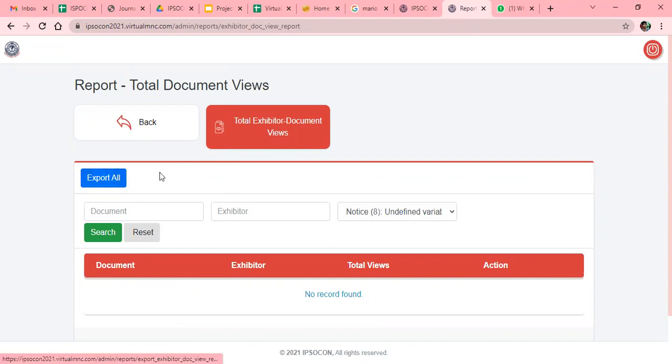Same process, you can download all the data in Excel format by clicking export all.